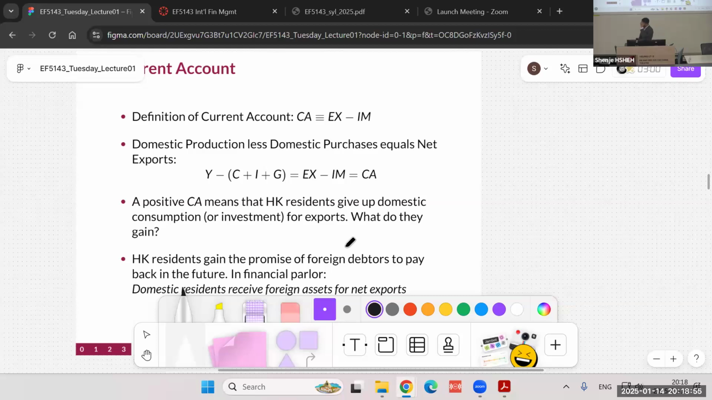So let me first emphasize the commodity perspective of the current account. I'm going to give you three ways to see the current account in this class today. The first way is through commodity flows, which I'm going to show you now. The second way is through investments abroad, and that's probably after the break. And then the third way I'm going to show you